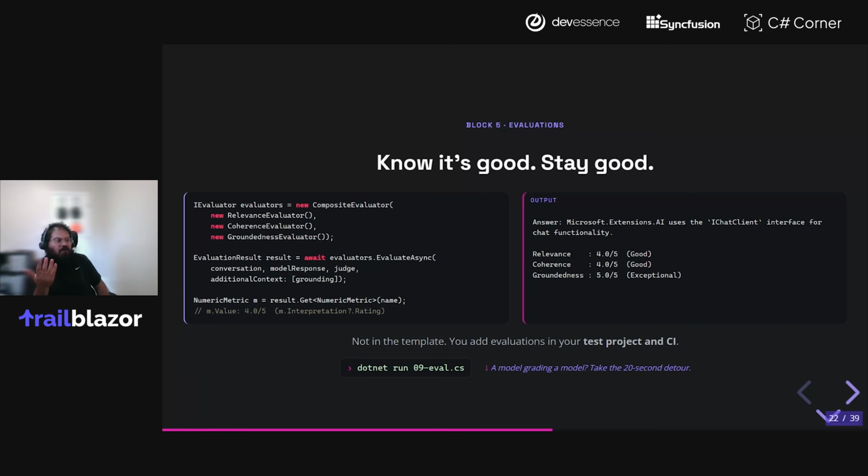Effectively, you want a powerful enough model to act as a judge of a conversation, to really analyze and reason through: are the responses that this AI app is creating meeting the criteria that has been defined by you and your team?